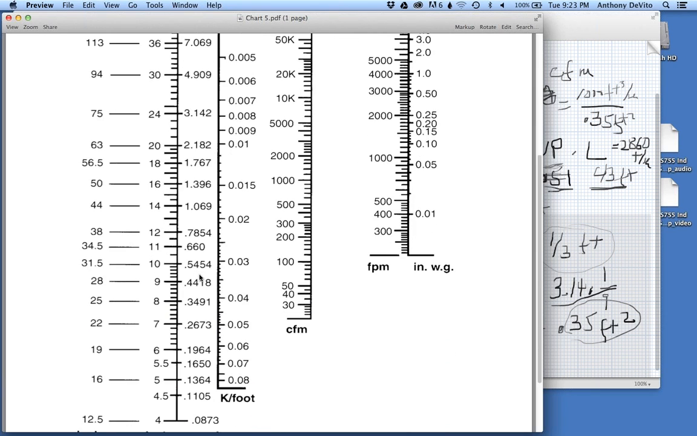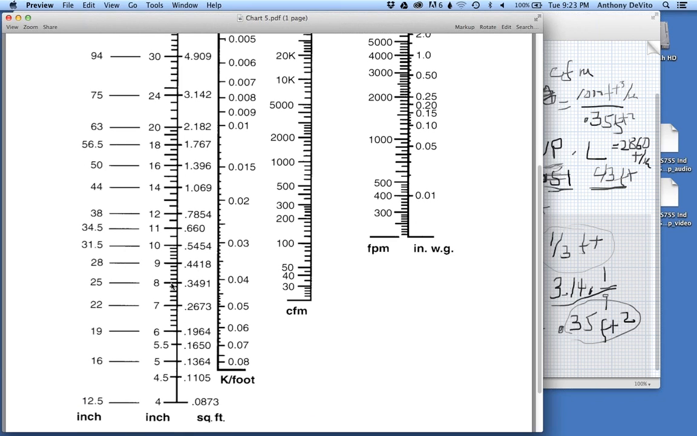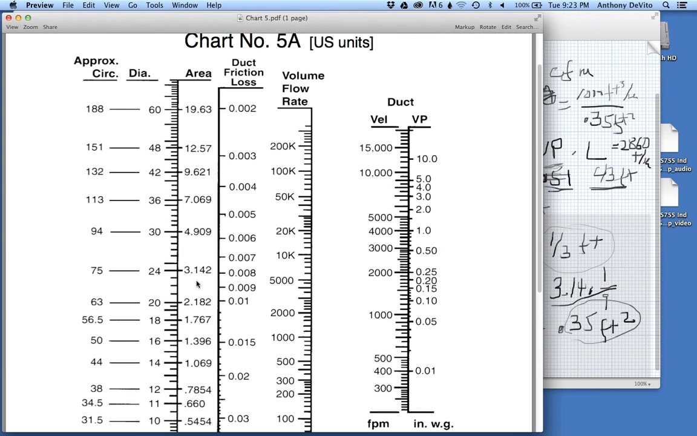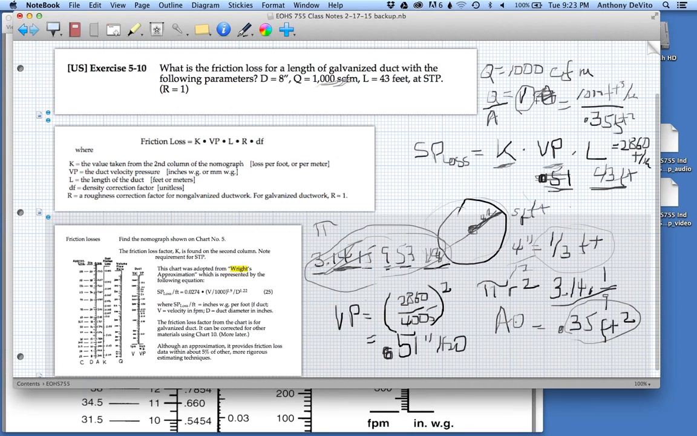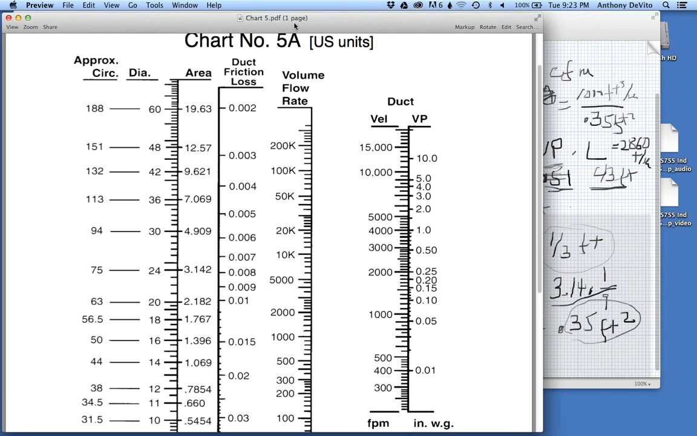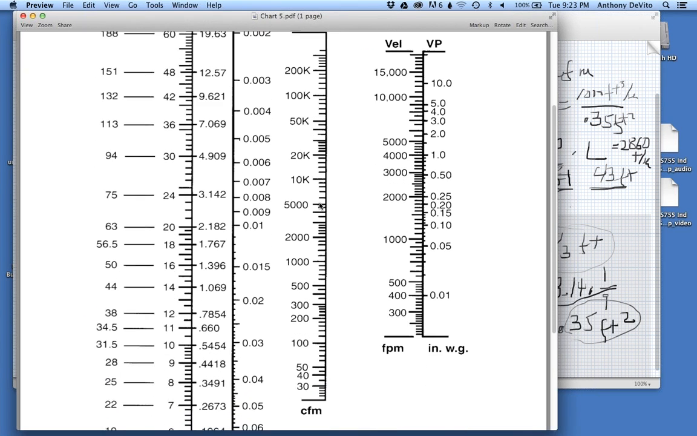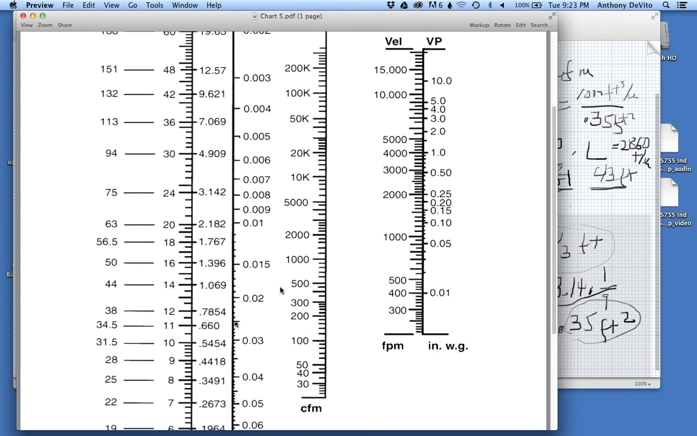Let's see if we got it right before. An 8-inch duct has a cross-sectional area of roughly 0.35 square feet. We could have just used this chart to figure that out. Okay, and look, we have a volume flow rate. What is a volume flow rate? Well, 1,000 cubic feet per minute. If we send 1,000 cubic feet per minute through an 8-inch duct, which has that cross-sectional area,